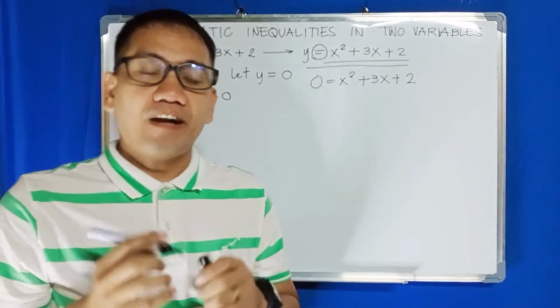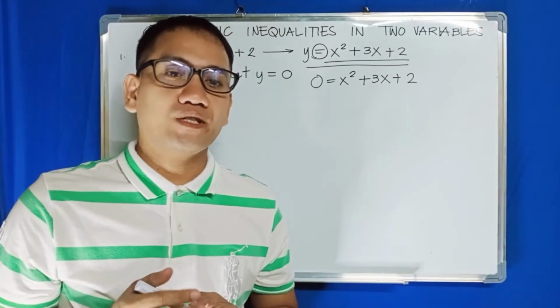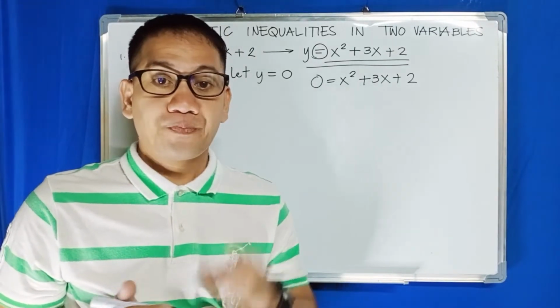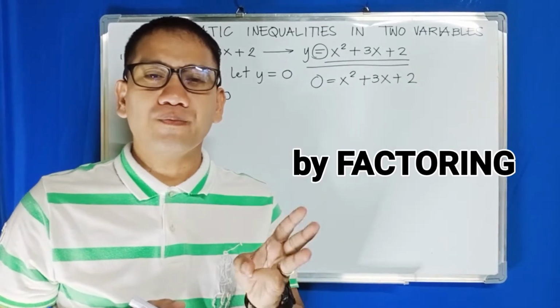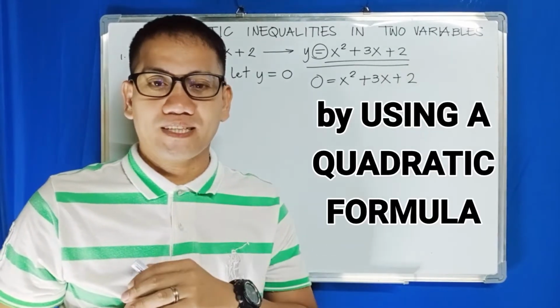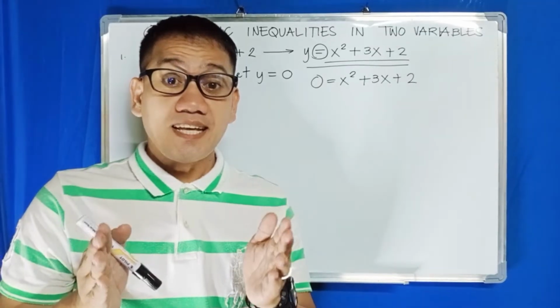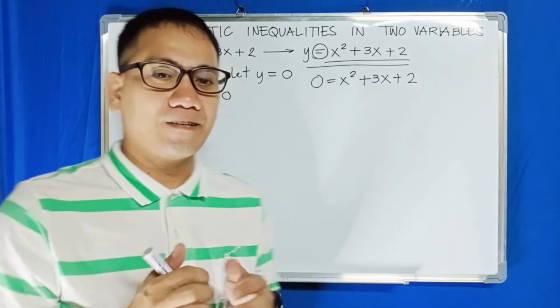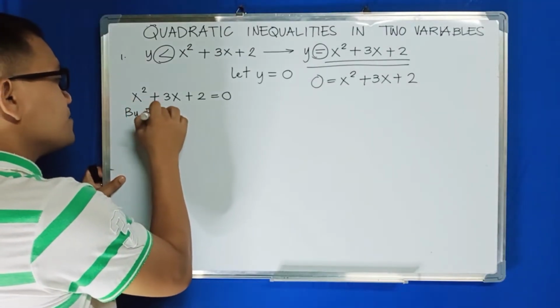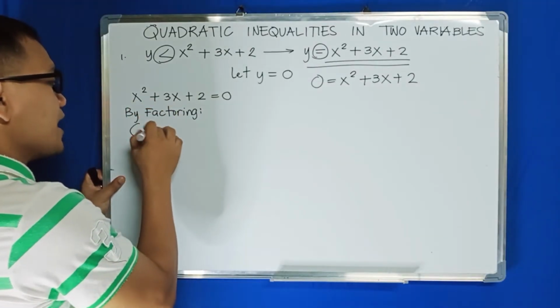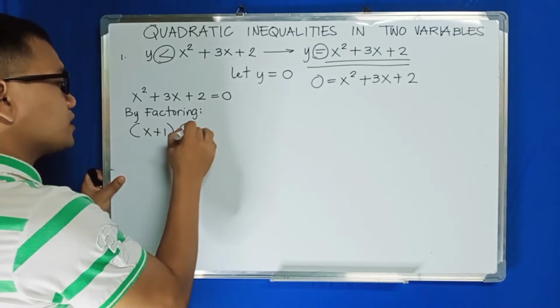And we've learned that there are 4 methods used in solving for the roots of a quadratic equation. It can be by extracting square roots, by factoring, by completing the square, and by using the quadratic formula. But in this case, allow me to use factoring. So, the possible factors of our given trinomial would be quantity x plus 1 times quantity x plus 2